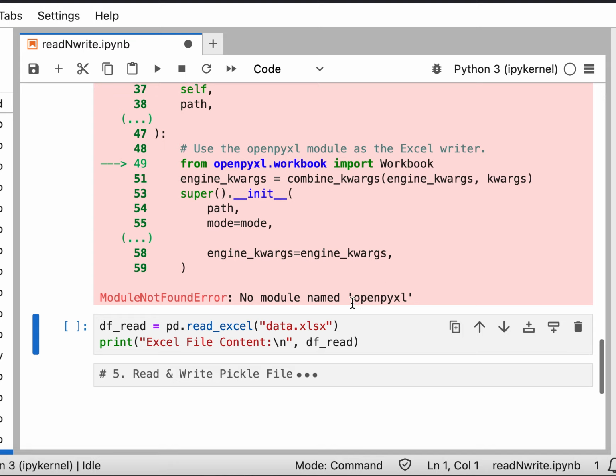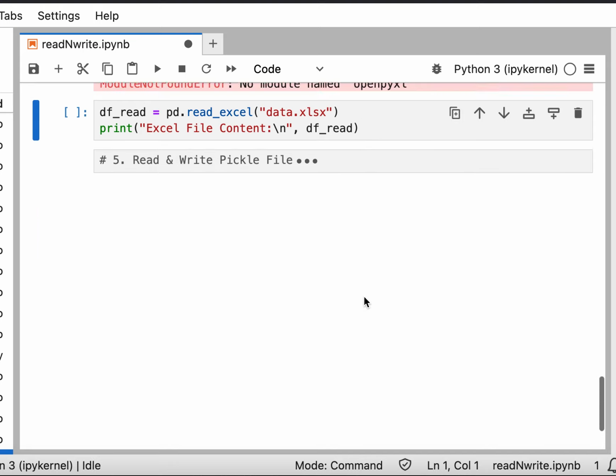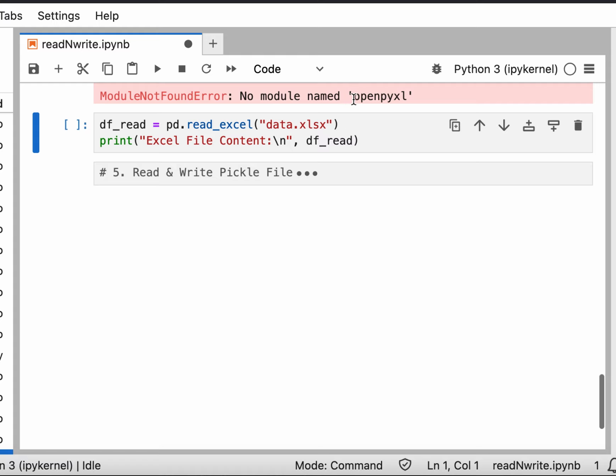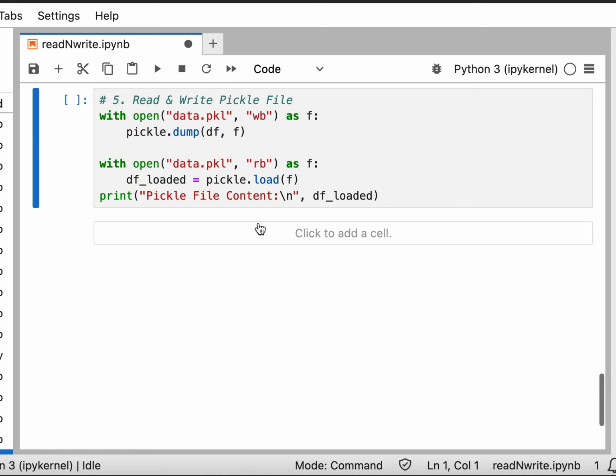the module openpyxl, so I need to install some other stuff. So yeah, let me not bother you with that. I could install this and that will work, but I don't want to. Let's go to the last one, which is using